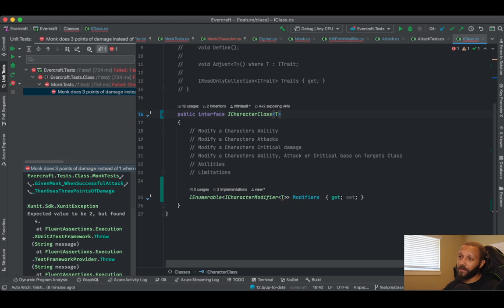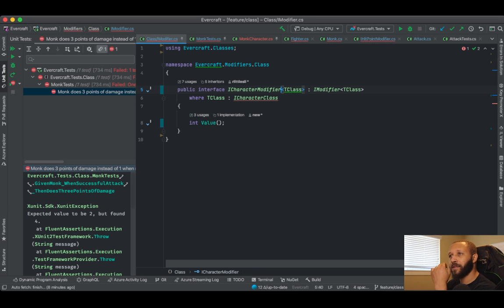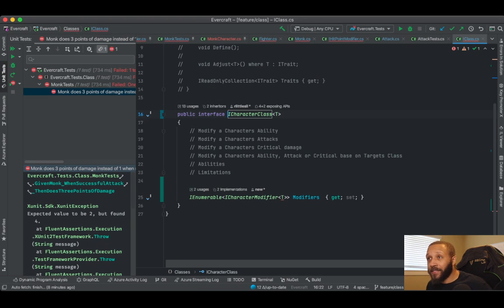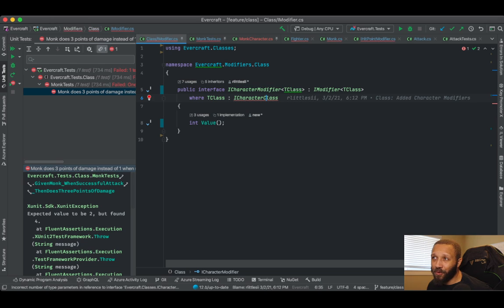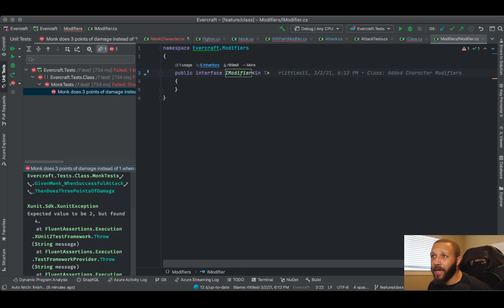Where... T just has a list of modifiers. Why did I break that? Why did I do that to myself? Modifier is going to be on a class. I character class now needs itself in order to be able to dictate it. The modifier has to be